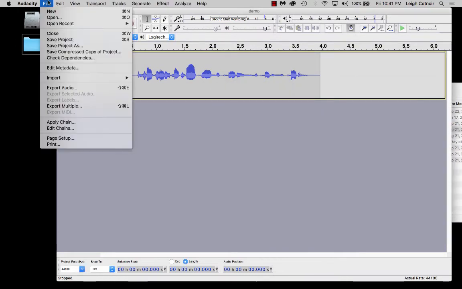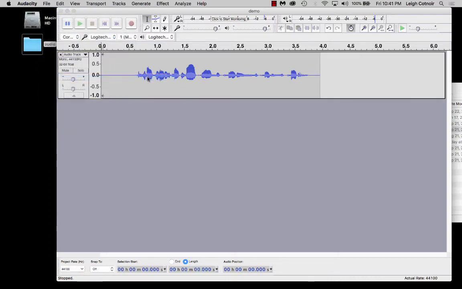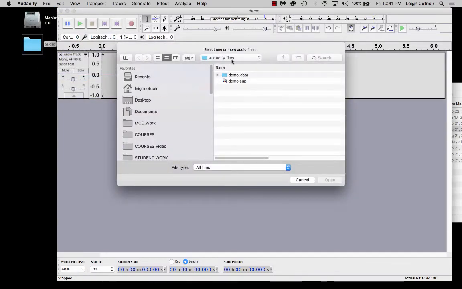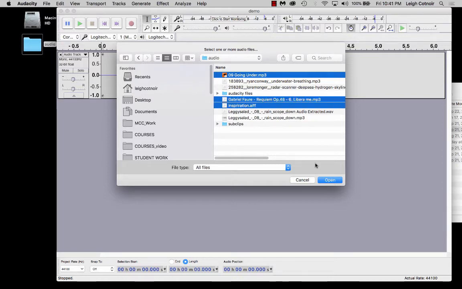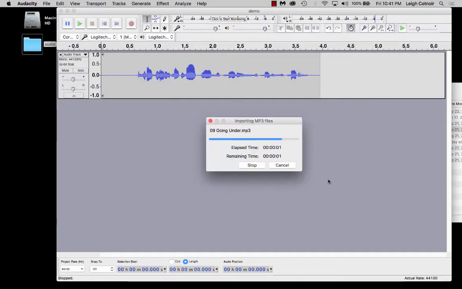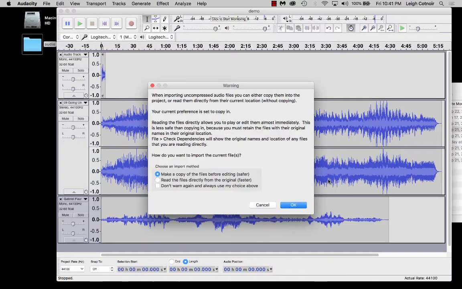So let's go back here, and we're going to say File, let's say Import Audio. And so I'm going to locate, we're in this audio folder. I don't know, I'm just going to grab something. So maybe I want to grab this going under, and maybe we'll grab this, and maybe we'll grab some classical music, requiem, opera, operatic music, right? And so, and it's saying